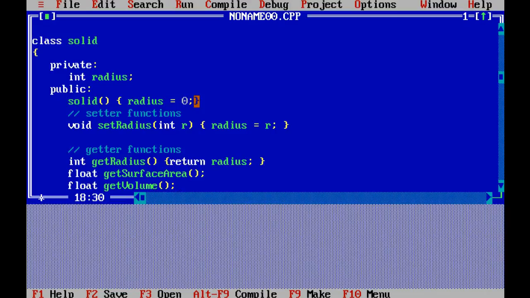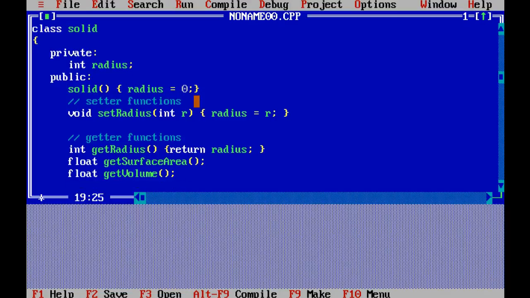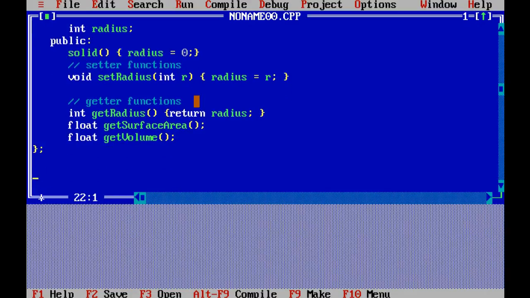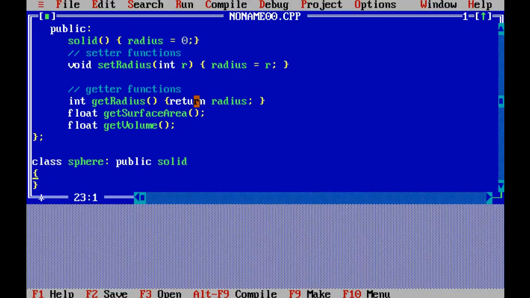So we really don't know what formulas or what solids will be created. So what we will do here is, we will not provide any implementation, or we will not give any method for these two. These will remain without any definition. We will just declare it. That is the class solid. Remember, we have to create a class. Remember, first is sphere. It has to inherit from where? Inherit from solid. Okay, inherit from solid, and what? Public